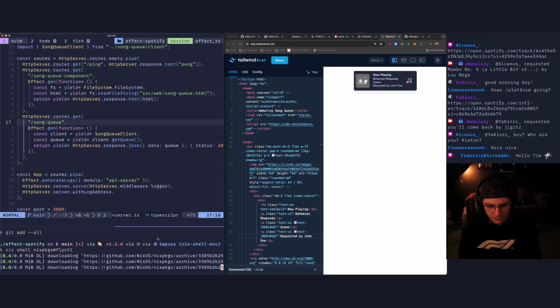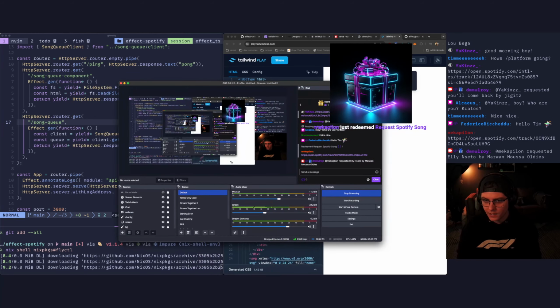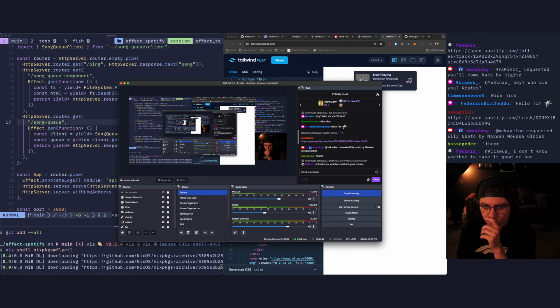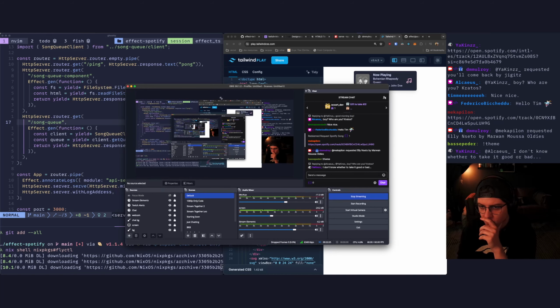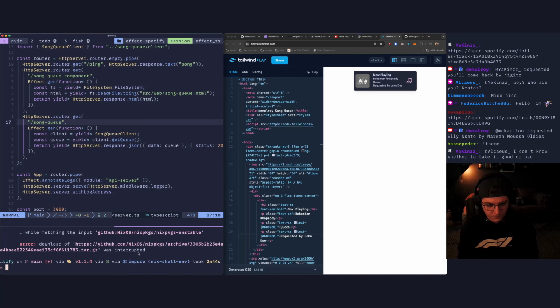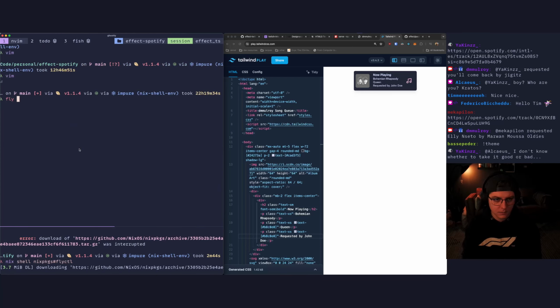I don't know why this is taking so long. We're going to serve this from the web server, and then we're going to overlay it, like, right here, I think. Or put it up here. I don't know where we're going to put it yet, but we'll put it somewhere. Come on. I just need to deploy. Maybe I have it in this shell. No, I don't.